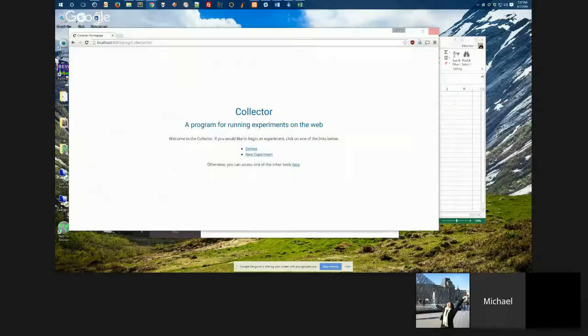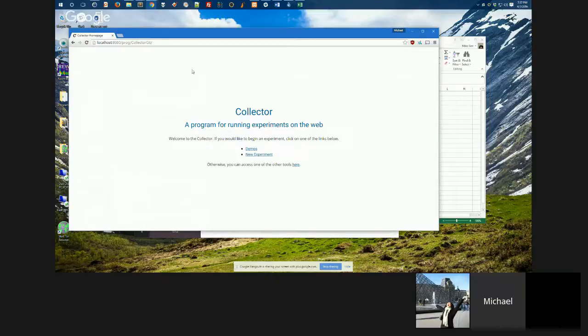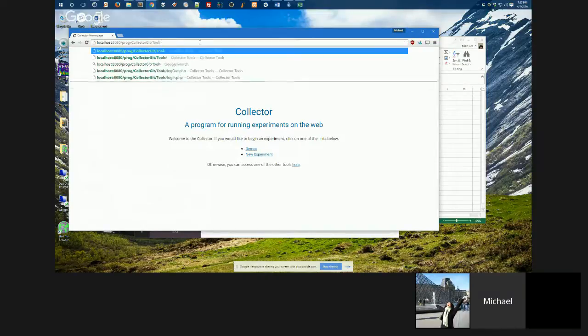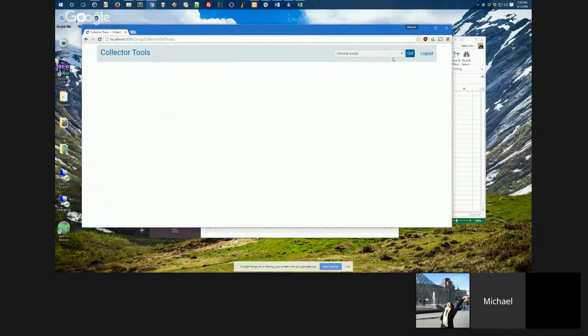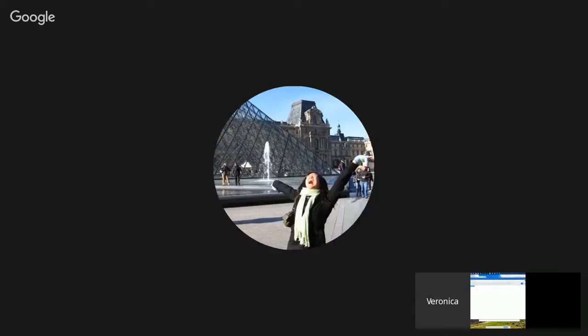Okay, so here we are. I just opened up a new experiment here. What I'm going to show you is how we do stuff. I'm going to the tools to use Shuffle Tester because I think it's the easiest way to show you how everything works. All right, so let's start with talking about why people would want to